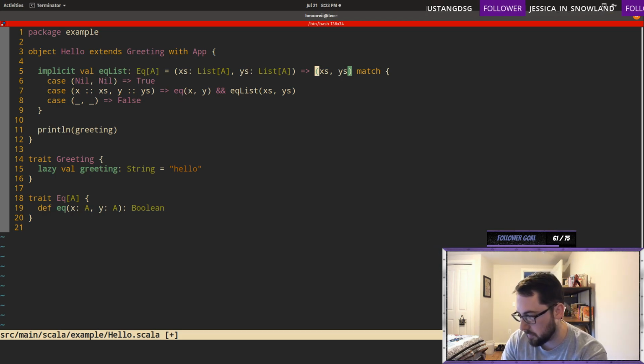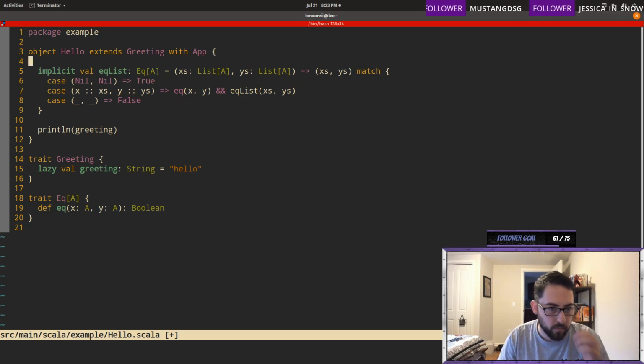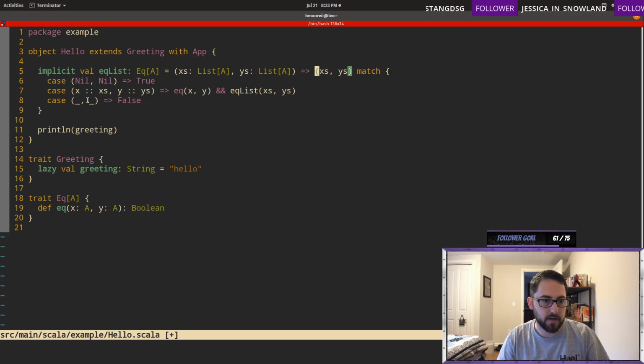So the only problem with that is that then the EQ is required. I think you have to write that EQ thing as parentheses after the fact. The problem here is I don't know where I'm supposed to put this. I thought that I could just put this outside of my object, but I don't know that I can.